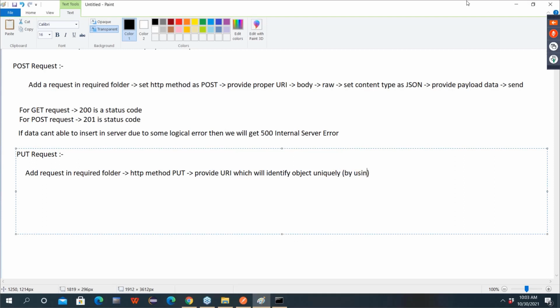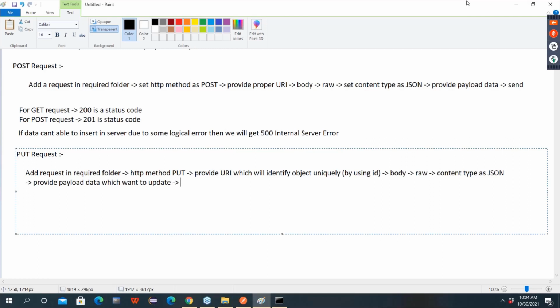By using ID. After this, again the same: go to body, then go to raw, then set content type as JSON, and then provide the payload data which you want to update.